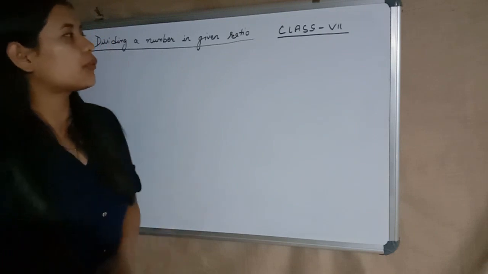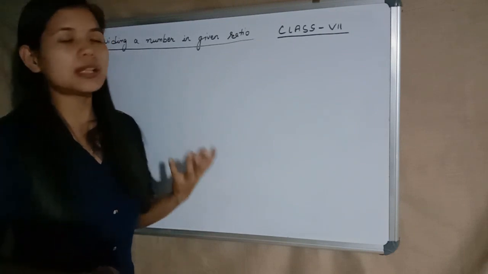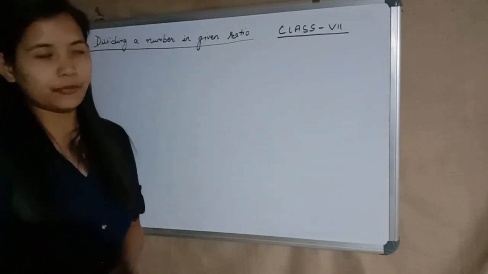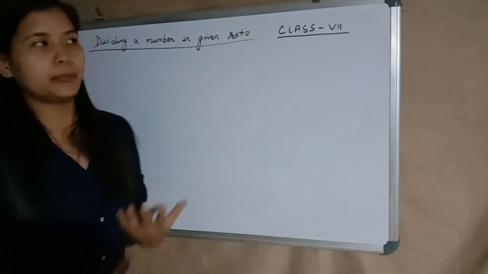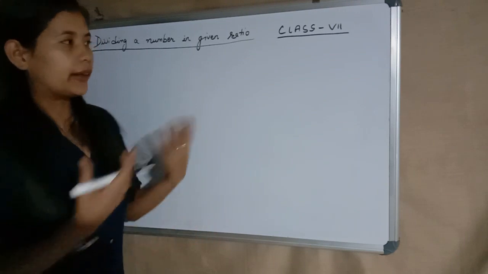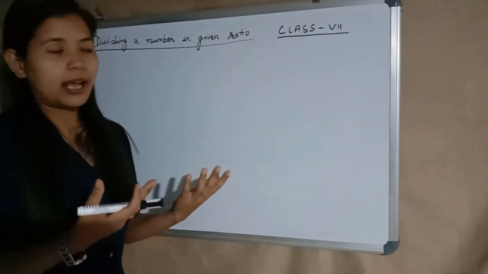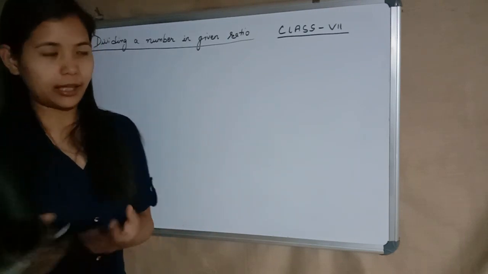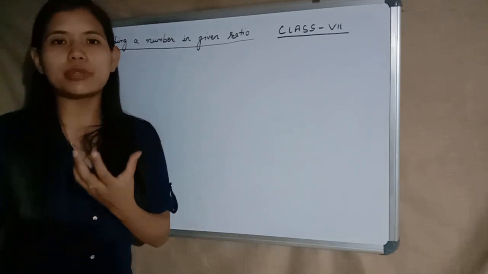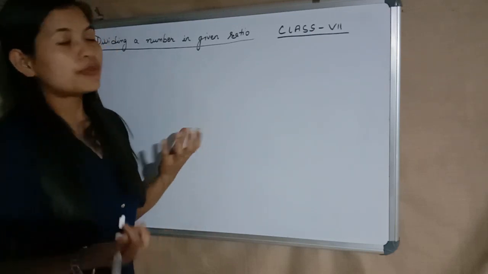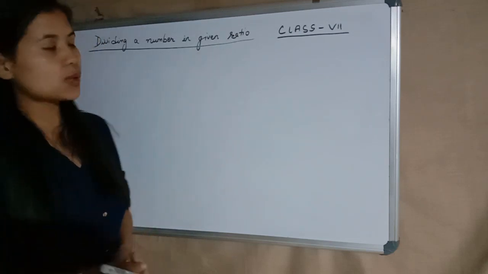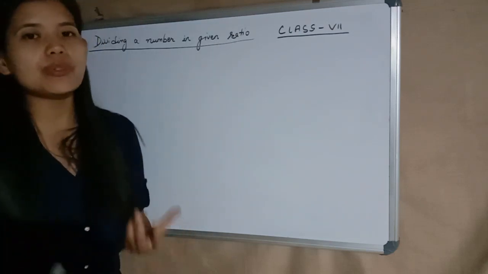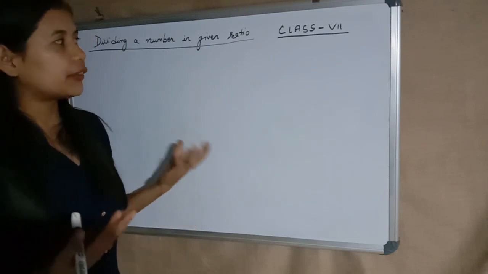If you see, we have ratio applications in our day-to-day life. For example, in cooking, in bakery, and even in sales problems in a business. Suppose you and your partner invest in some business and you share certain profit. If you share the profit in a certain ratio, you will be able to find your share using the concept of ratio. So for this we need to learn how to divide a number in a given ratio.